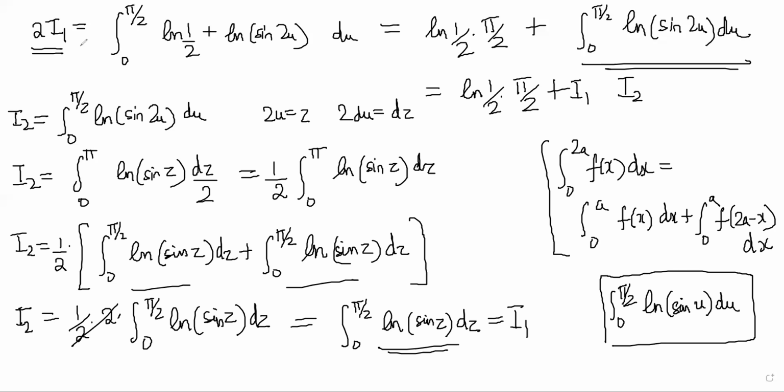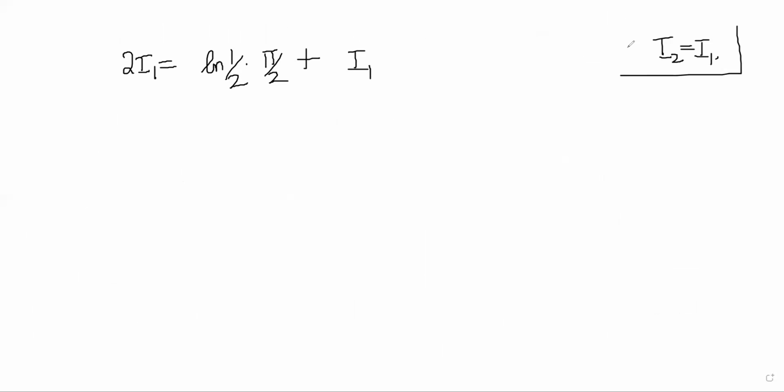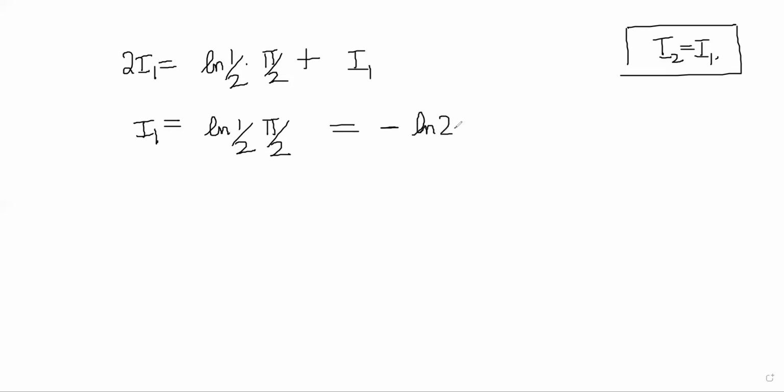So 2I1 was equal to ln half into pi by 2 plus I1, because we proved that I2 was equal to I1. You should go back to the video if you're forgetting what is I1 and I2. I'm saying that because I'm also forgetting a little bit, but I'm sure this is working out now. So I1 is equal to ln half into pi by 2,